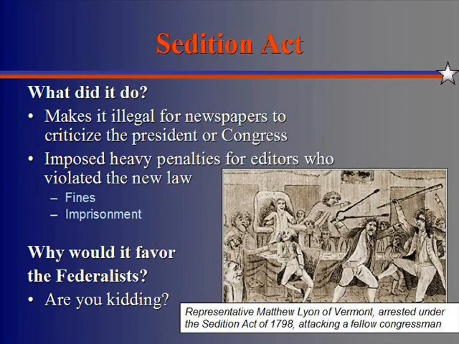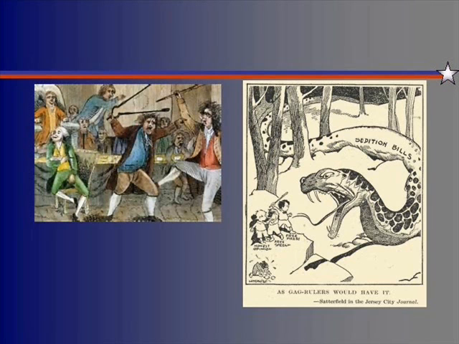Now, one of these is already pictured on the current slide. Believe it or not, in the halls of Congress, you actually had fights break out over the Sedition Act. One person criticizing the Federalists, and hence the other Federalists getting out and beating him with canes. Now, would this ever happen today? I don't know. We have talk radio. Maybe we just beat each other up with our words.